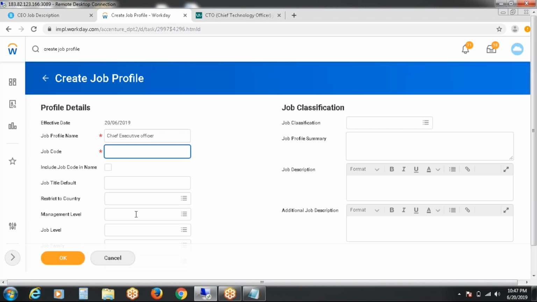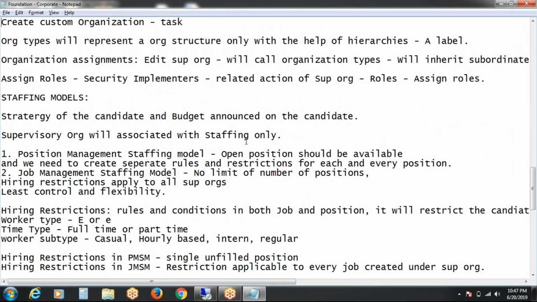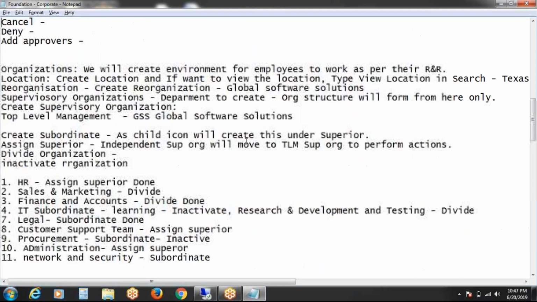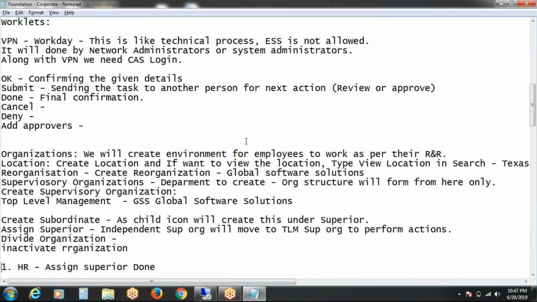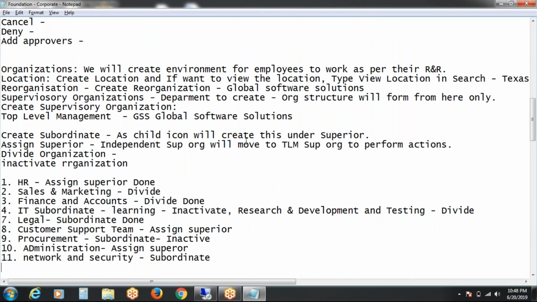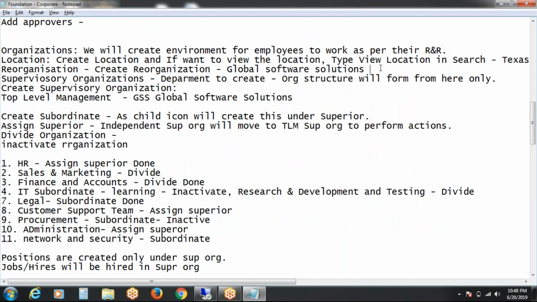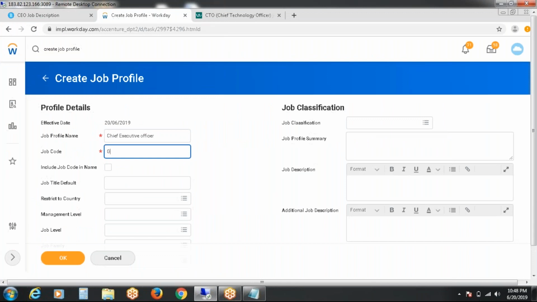And what is the job code that I am going to give? GSS, Global Software Solutions. GSS CEO is my job code.